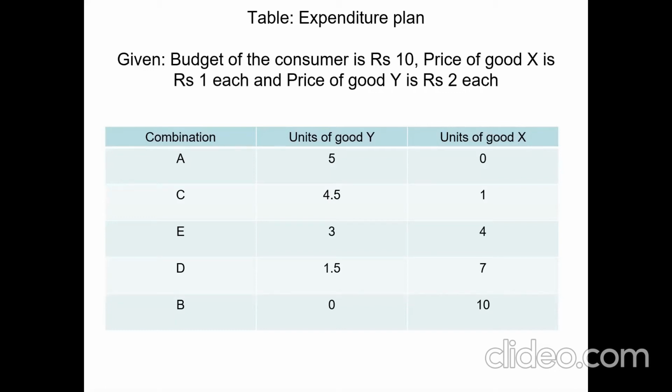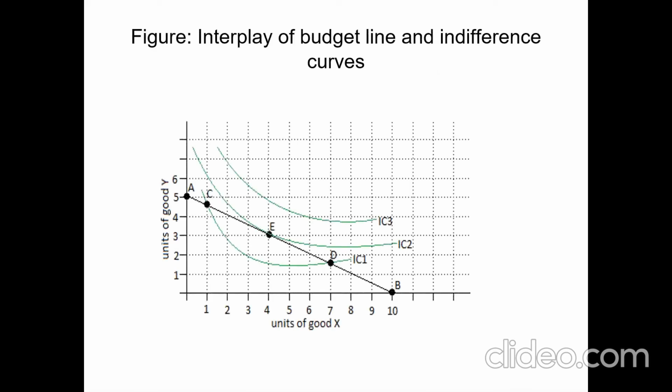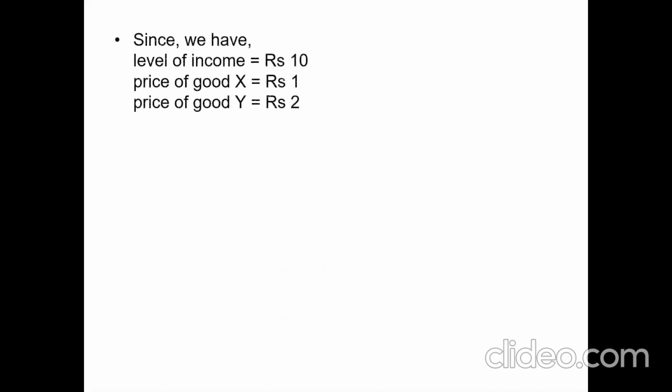So let's find out the key takeaways from this topic we have covered. An indifference curve shows combinations of two goods that give a consumer equal satisfaction and utility, thereby making the consumer indifferent. Along the curve, the consumer has no preference for either combination of goods because both provide the same level of utility. Each indifference curve is convex to the origin and no two indifference curves ever intersect. Can you see? They are one above the other. They never intersect. Understood?